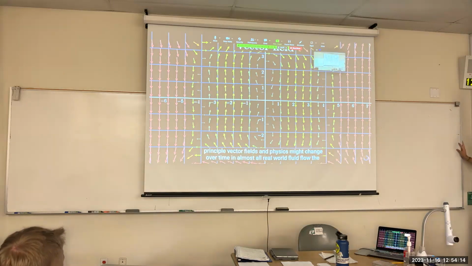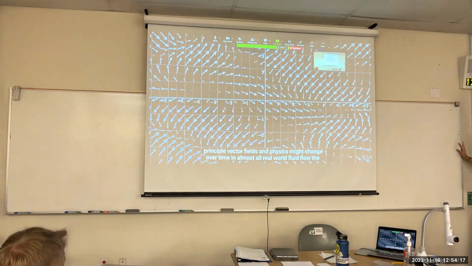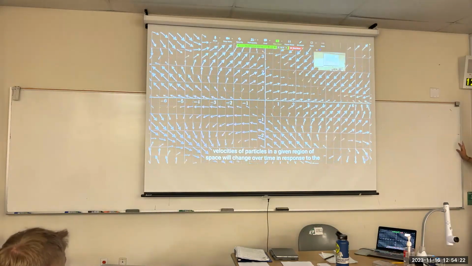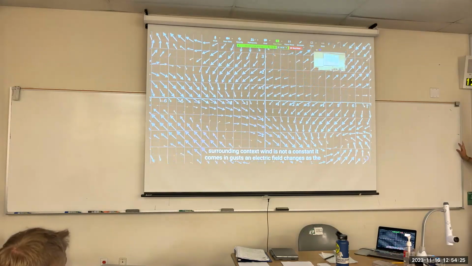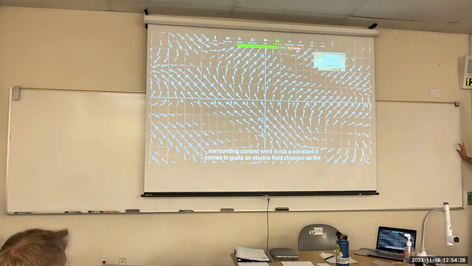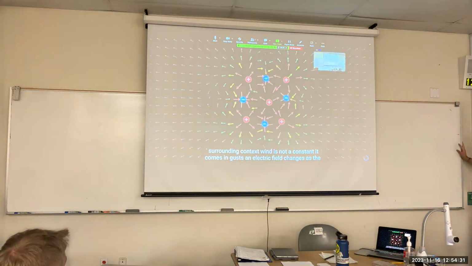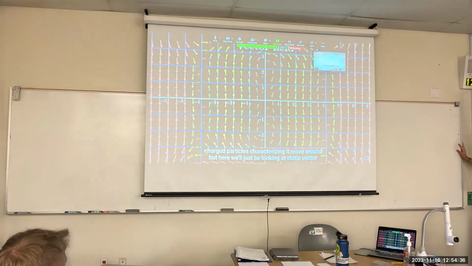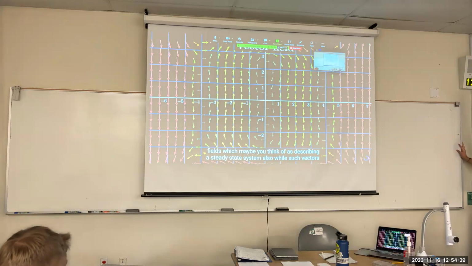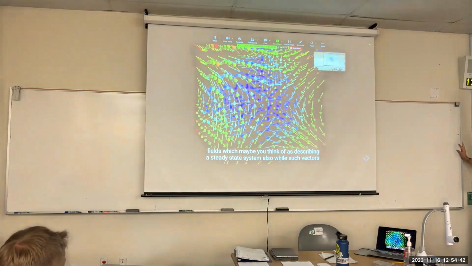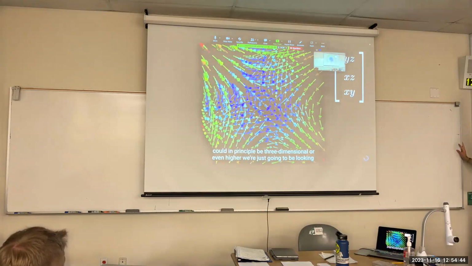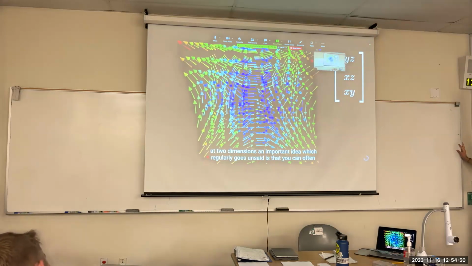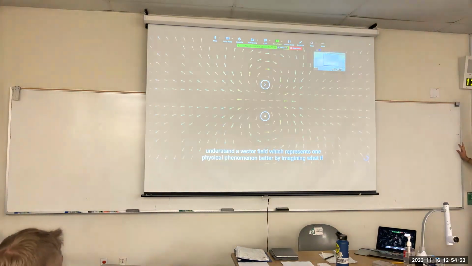Now in principle, vector fields in physics might change over time. In almost all real-world fluid flow, the velocities of particles in a given region of space will change over time in response to the surrounding context. Wind is not a constant, it comes in gusts. An electric field changes as the charged particles characterizing it move around. But here, we'll just be looking at static vector fields, which maybe you think of as describing a steady-state system. Also, while such vectors could in principle be three-dimensional, or even higher, we're just going to be looking at 2 dimensions. An important idea, which regularly goes unsaid, is that you can often understand a vector field which represents one